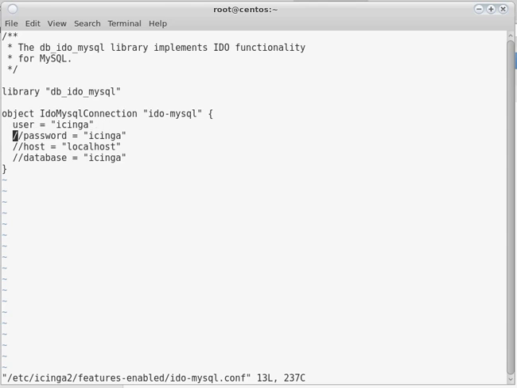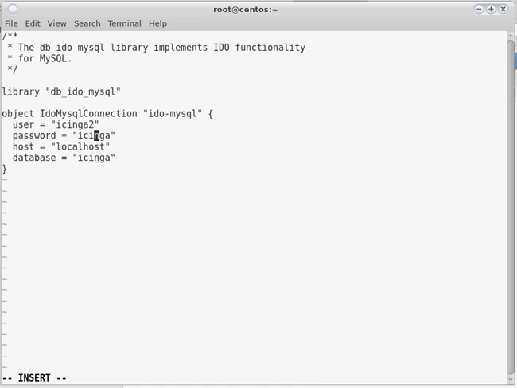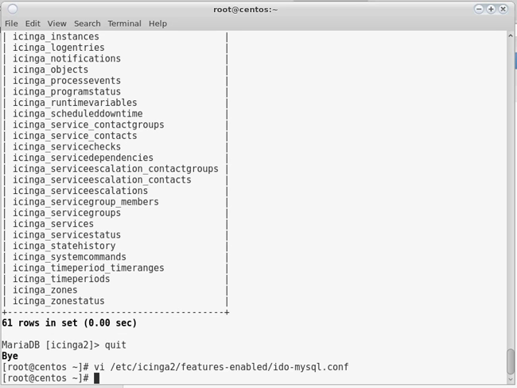Let's uncomment it and say icinga2, password icinga2 secret. Then we have host as IP address 192.168.0.109, and the database name is again icinga2. So that's what we're going to do now, and once we are done, all we've got to do is start icinga